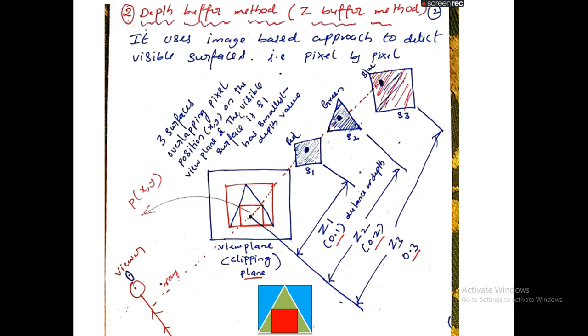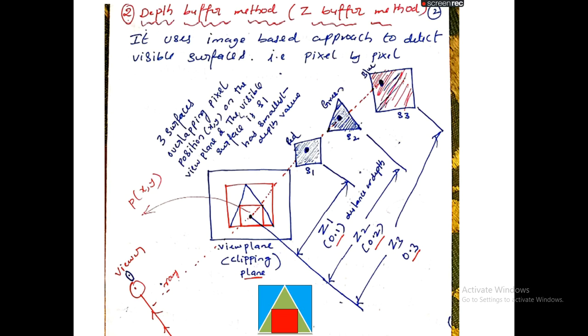After comparing, if the distance between surface 2 and the projection plane is less than the distance between surface S1 and the view plane, then the Z buffer algorithm will update two tables simultaneously.